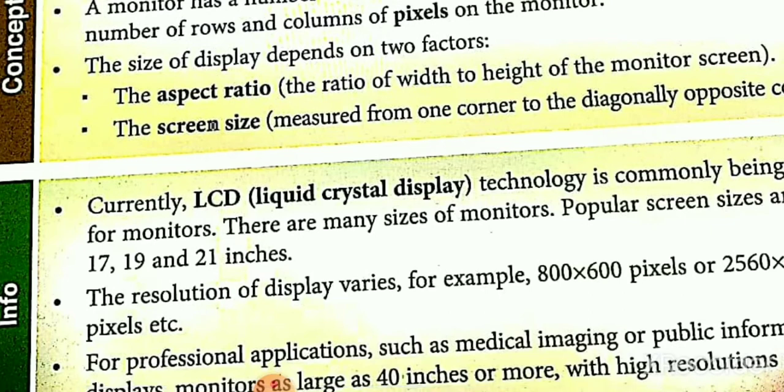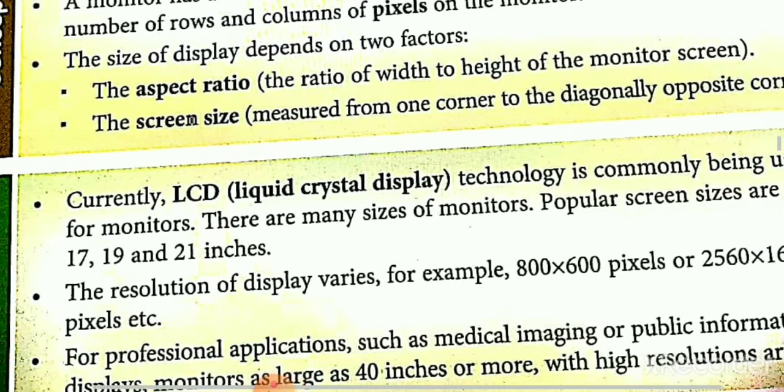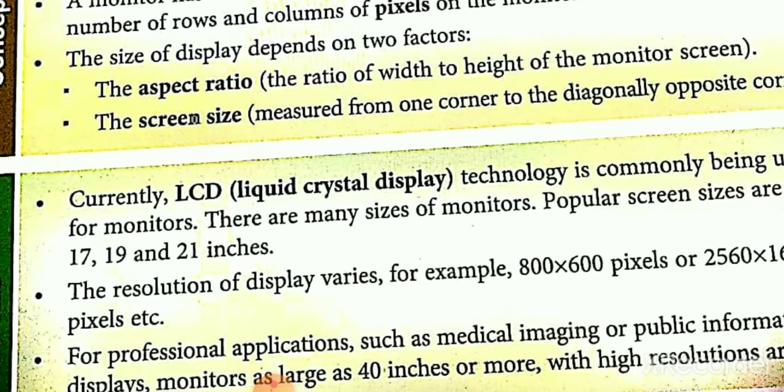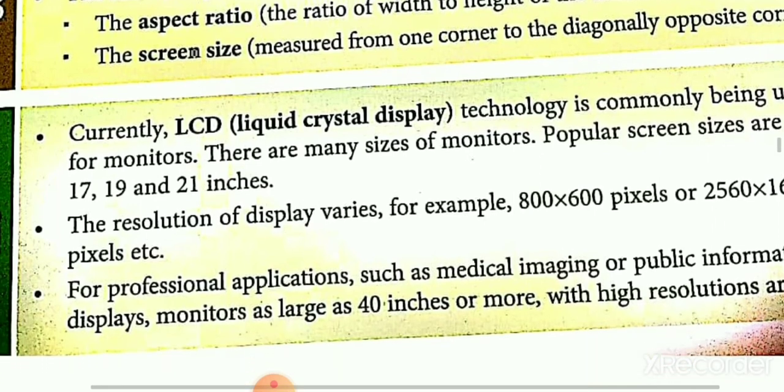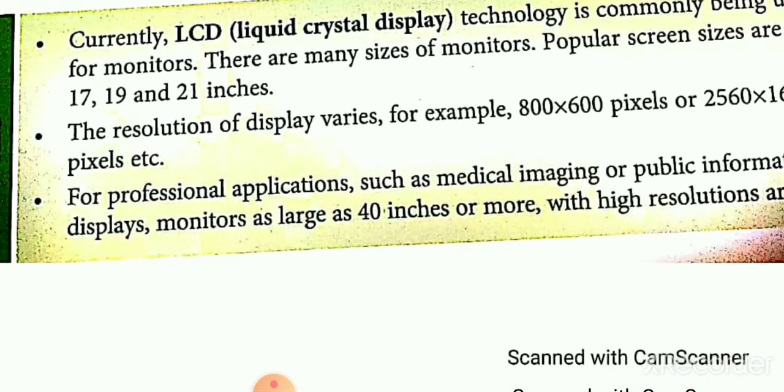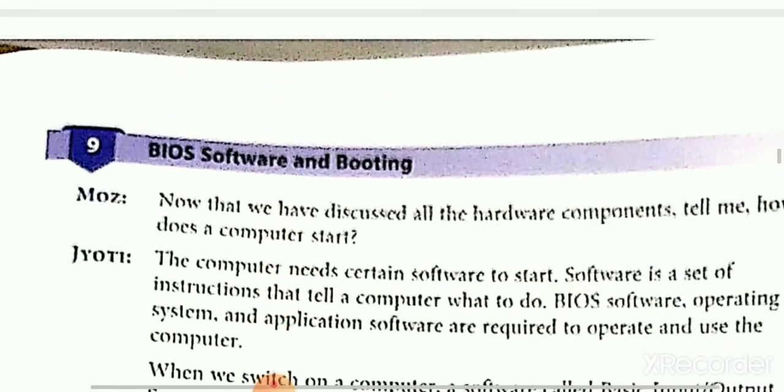Currently LCD technology is commonly used for monitors. The full form of LCD is liquid crystal display. The resolution of display varies, for example 800 into 600 pixels. Now